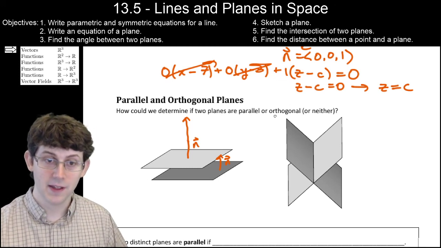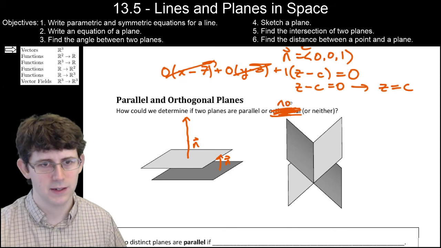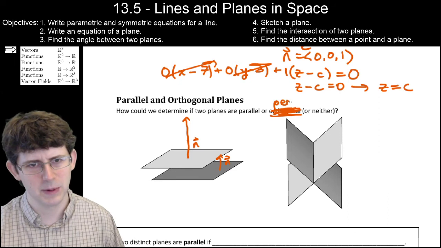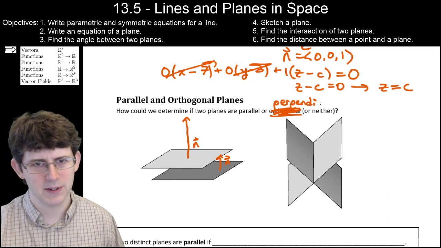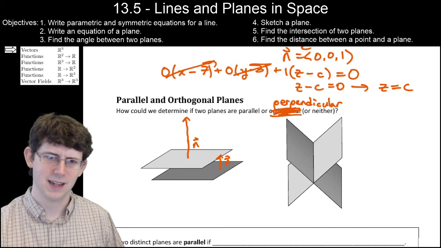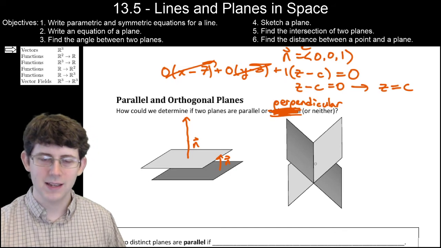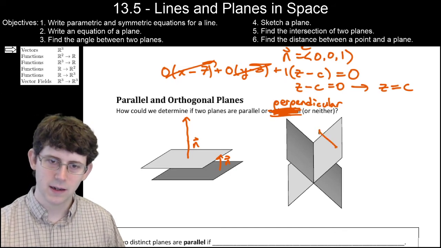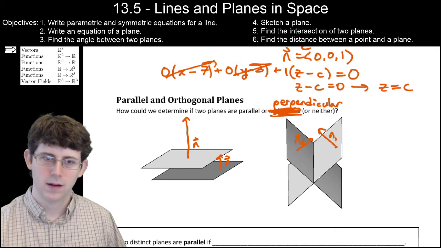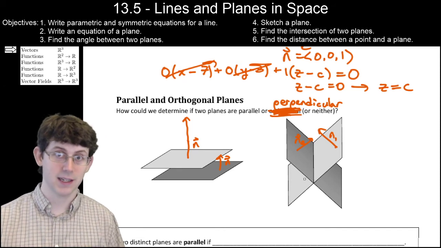Two planes are orthogonal. No, planes aren't orthogonal. Planes can be normal to each other. That feels wrong to me too. It feels like planes should be perpendicular because they're both geometry objects and neither one is a vector. But now I'm not sure. I know orthogonal is bad. Okay, how could we tell that? Well, if you look at their normal vectors,